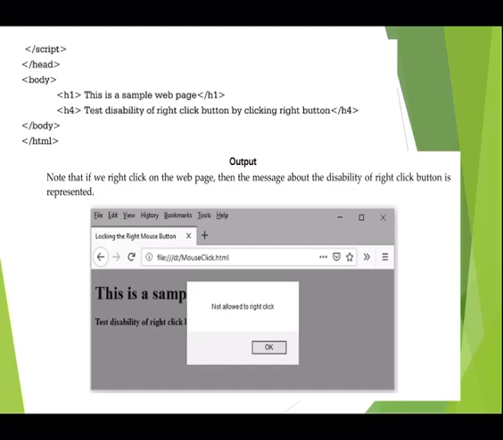Close your body, close your HTML tag. Now if you open your output and right click on your web page, it will display an alert that not allowed to right click. I hope the code and output are clear to you all.